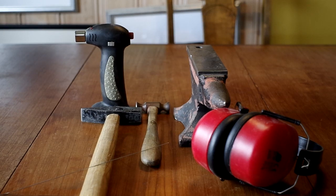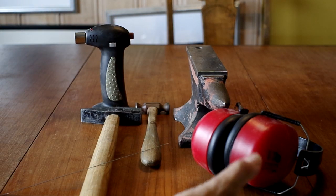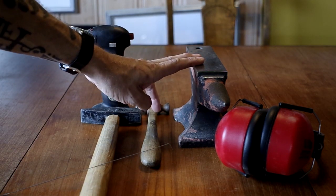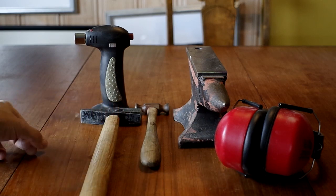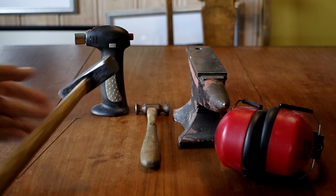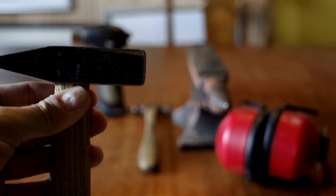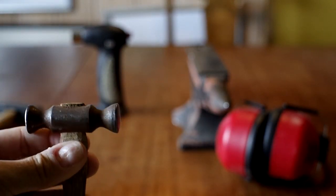Now these are basically the tools you are going to need. The torch is not strictly necessary, but you need those for your ears most definitely, and you need a hard piece of steel, a block of steel or an anvil like this one. You need of course a tiny piece of wire, and regarding the hammers, you will need a flat one like this one with a flat head,